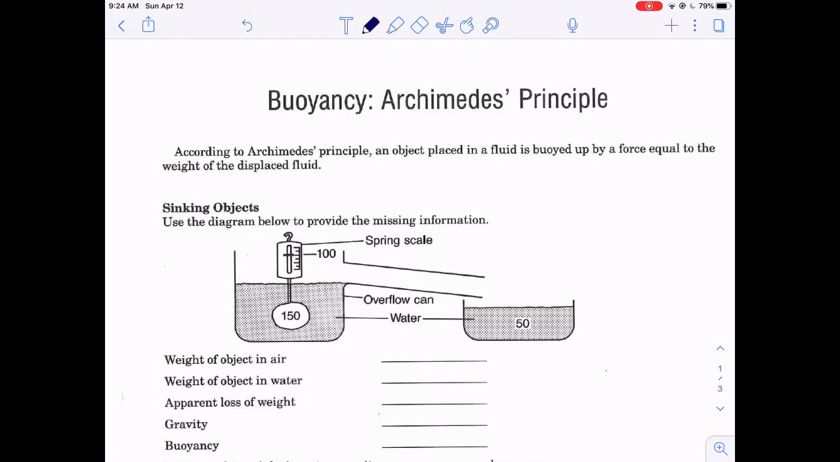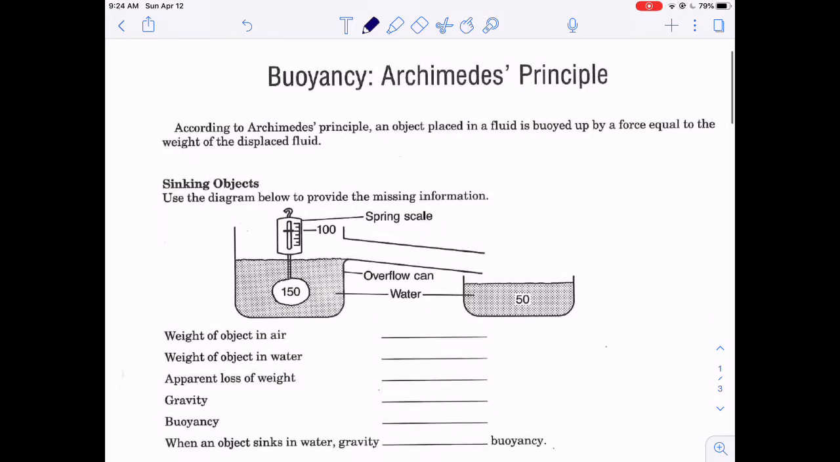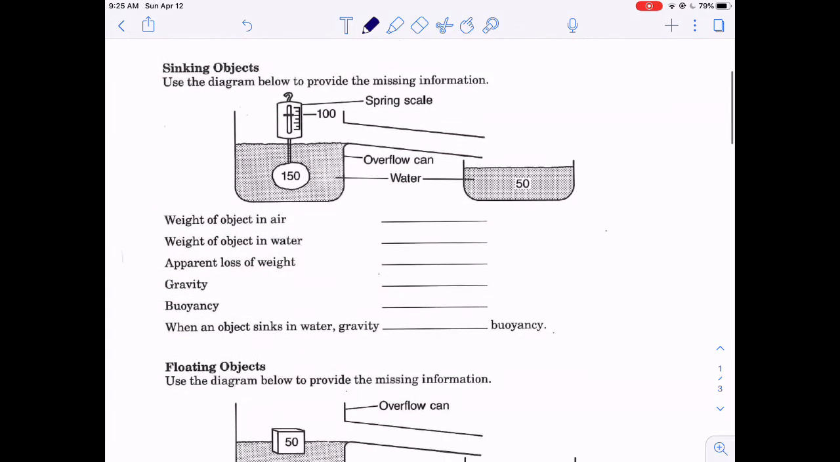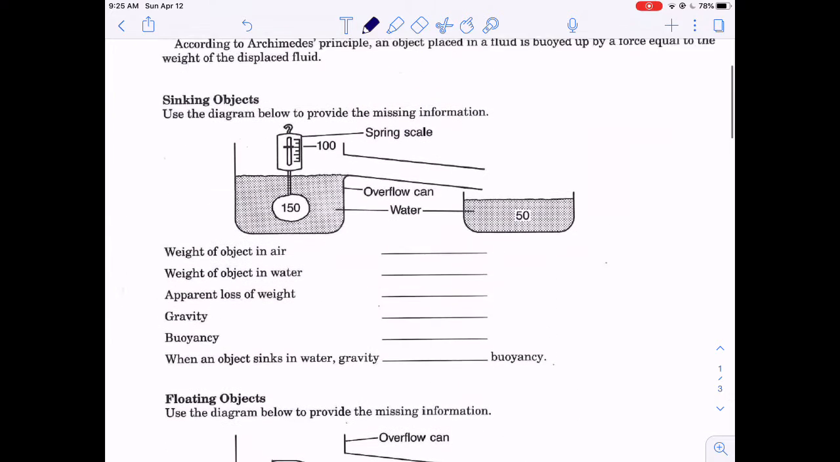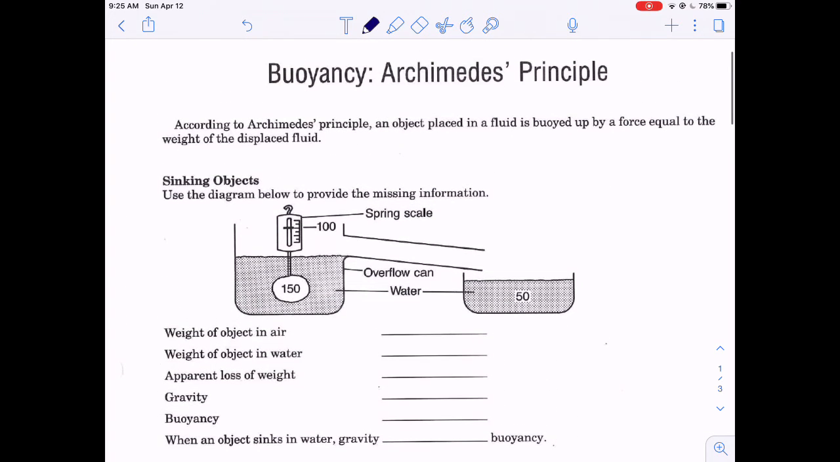All right, go to the Buoyancy Archimedes Principle worksheet. And again, according to Archimedes' principle, an object placed in a fluid is buoyed up by a force equal to the weight of the displaced fluid. I'll go through several examples with you here, and then have you work on the last three on the back of this paper. All right, for sinking objects that will sink,